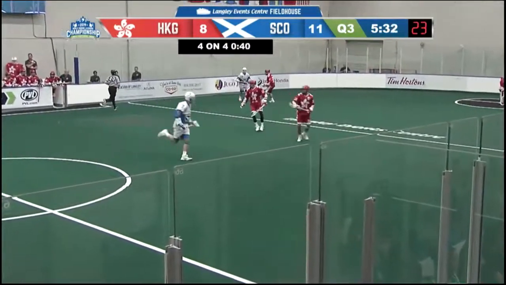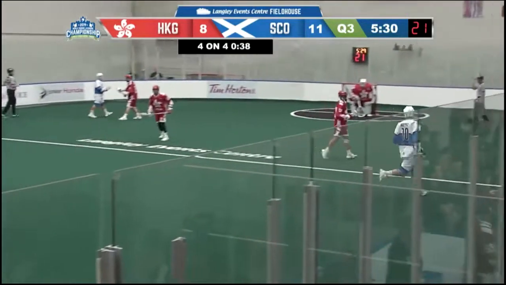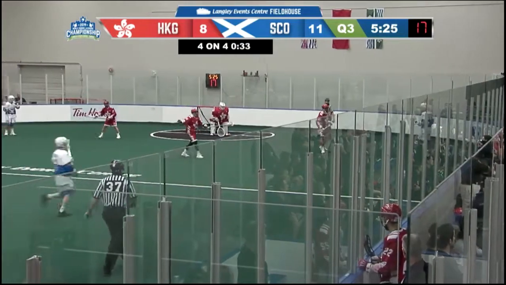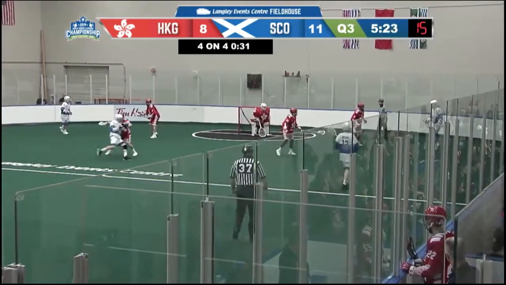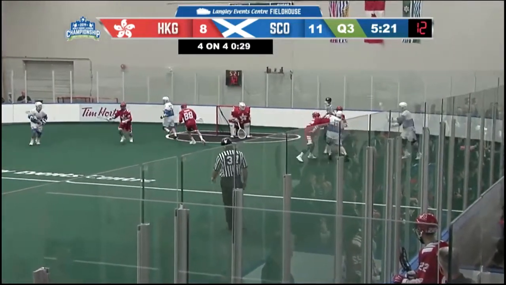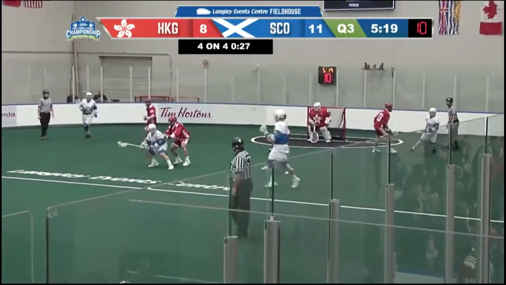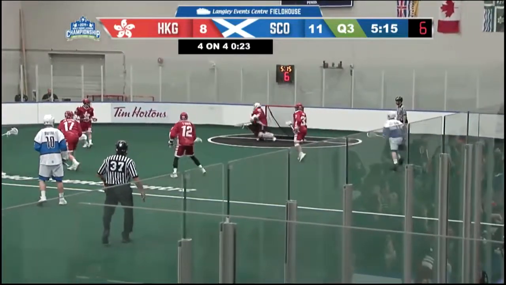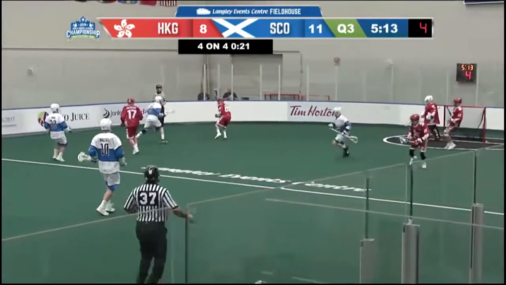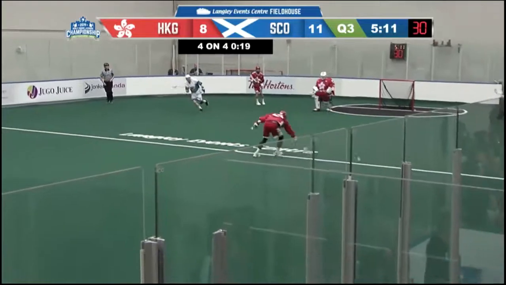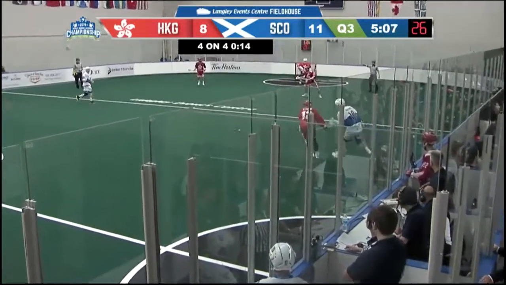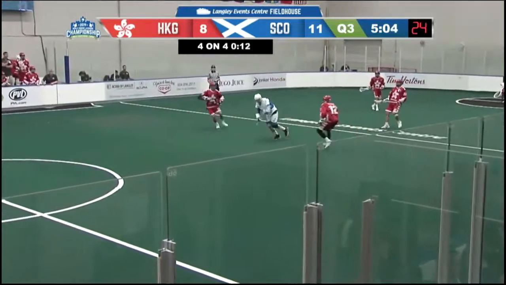Some 4-on-4 action here with 5:30 left in this third quarter. Moffat getting it down deep in the right corner for Scotland. Moffat sending it across the floor. Now center of the floor trying to get some space. Johnny Shaw sending it well wide of the goal. Scooped up there by Jordan Shane Wong. Sent across the floor. Now it's a loose ball.